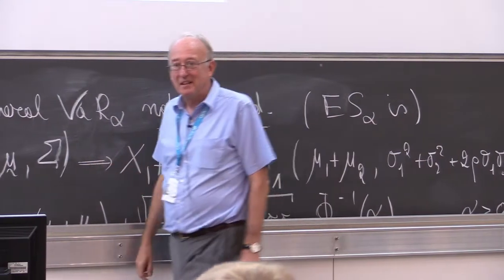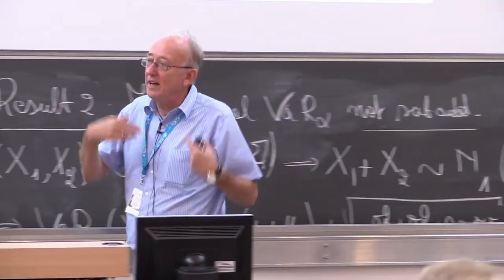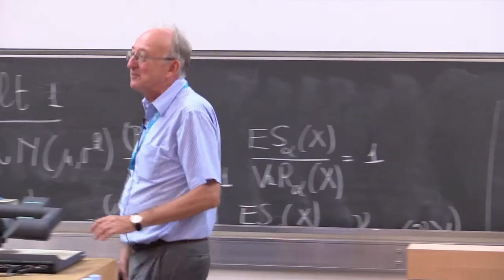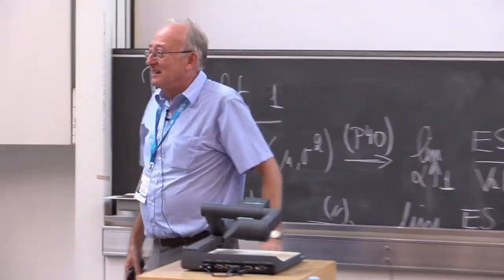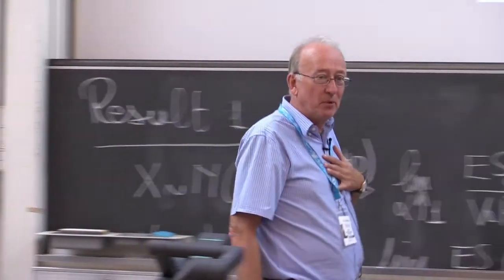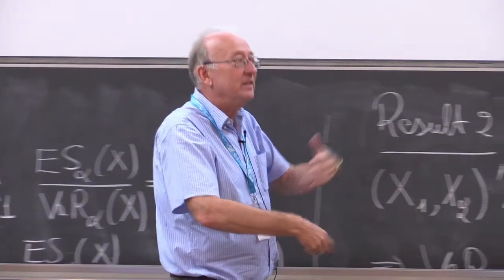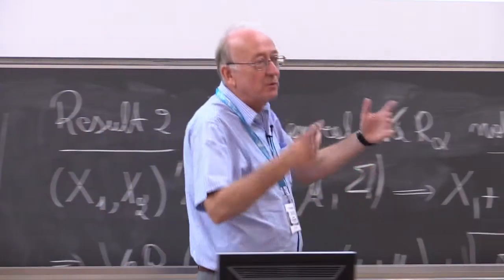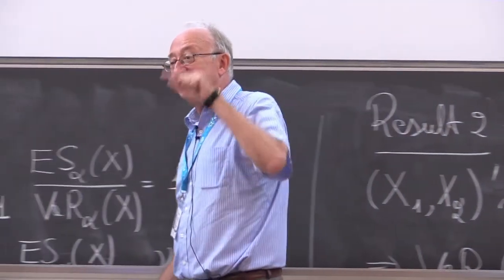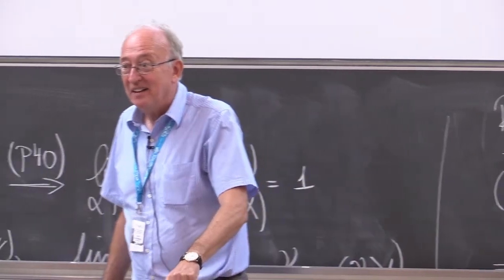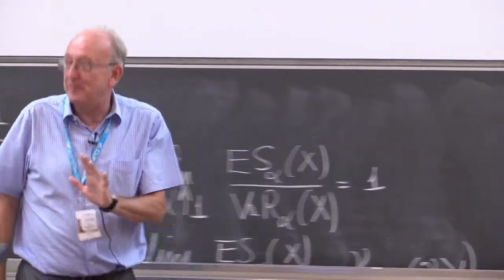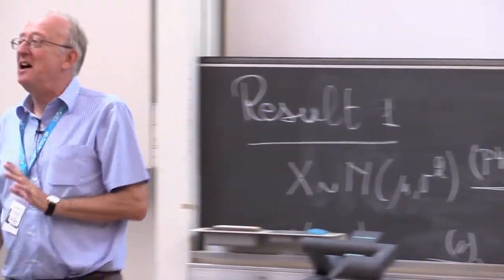And then I said to you, okay, once we have that, we now can generalize it to what I call the fundamental theorem of quantitative risk management, which is the big theorem I mentioned to you. For me, that's the really important result. From there, we can derive many results which are related to some of the formulas you use. And what we do is we tell you exactly for which risk measures and exactly under what conditions. Plus, and I hope this is for most of you an aha experience,